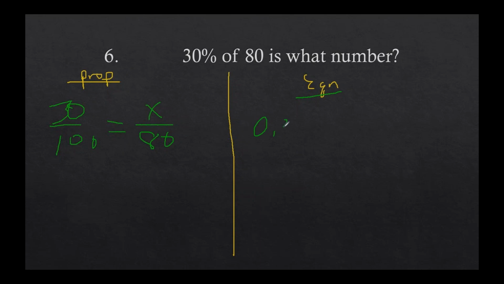Excellent. So percent goes to a decimal, times that by 80 is what number? X. Good. Either way, what do you get for a value of x? 24. Boom. Very good. All right, you guys seem to pick that up pretty good. Did anybody have any questions over those very straightforward percent number problems? All right, there's no extra wordage, no trickery. Those just are what they are.